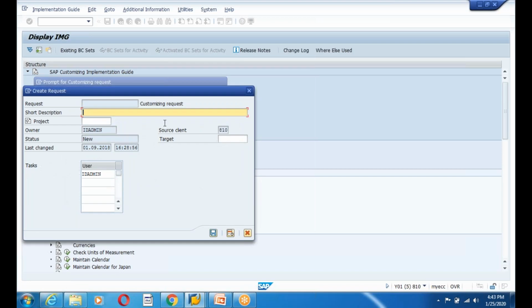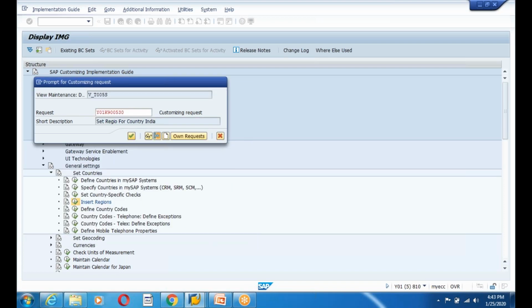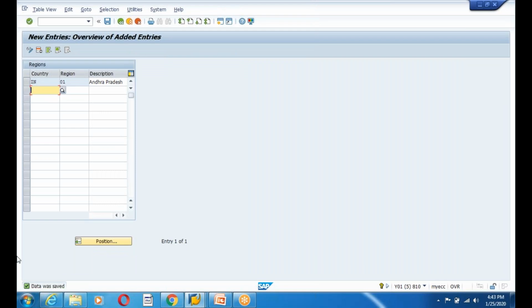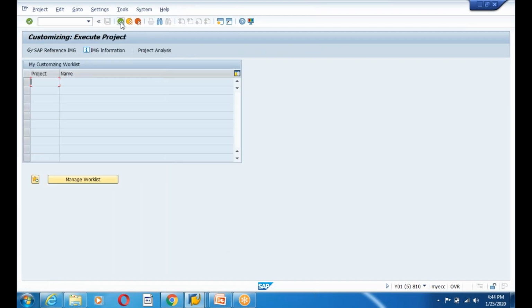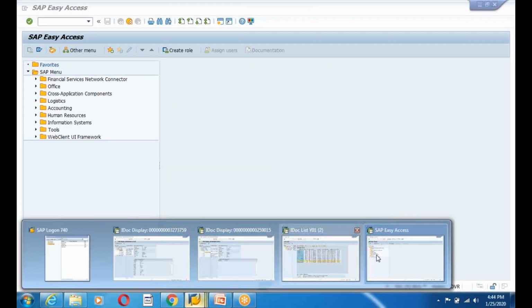So set region for country India. That means I can transport this, and this will set the region for the country in the quality and production systems, guys. That's the configurations and customizations. So we set an India country code and come back, and now I will reprocess the IDOC, guys. So go to WE19 again,